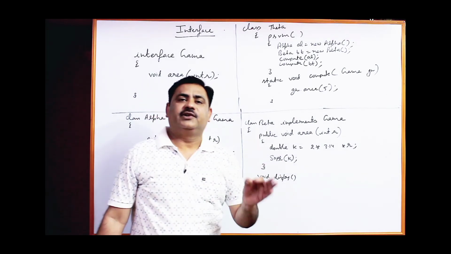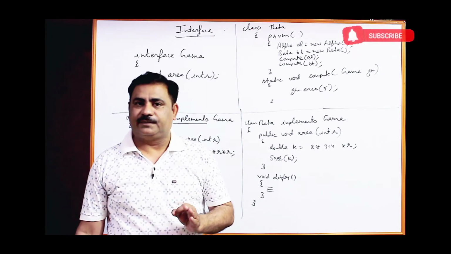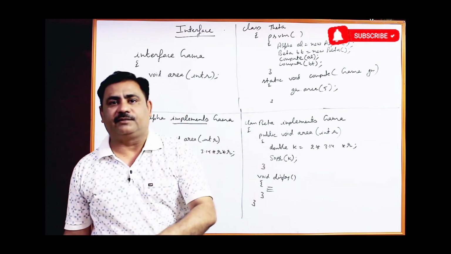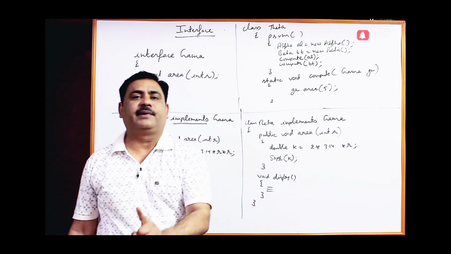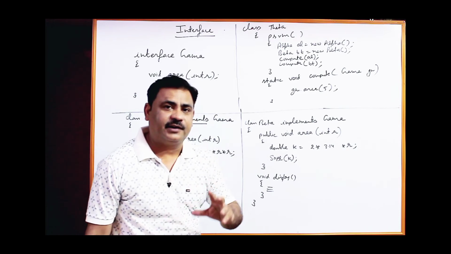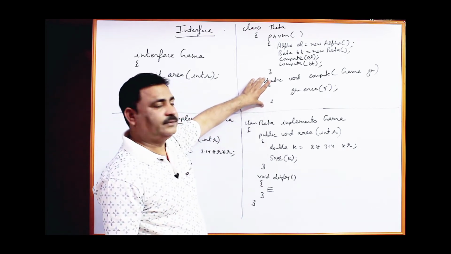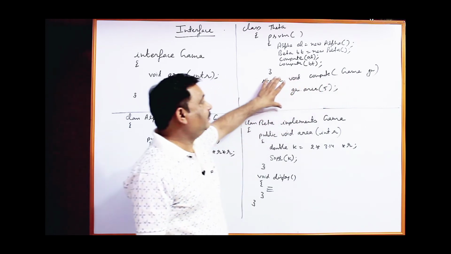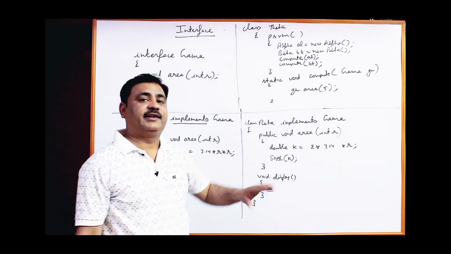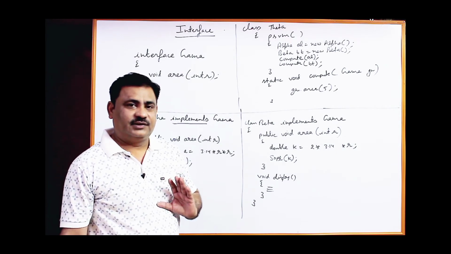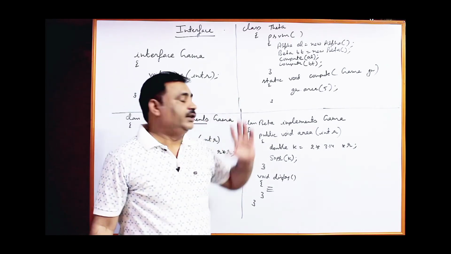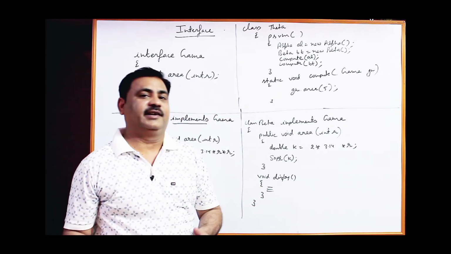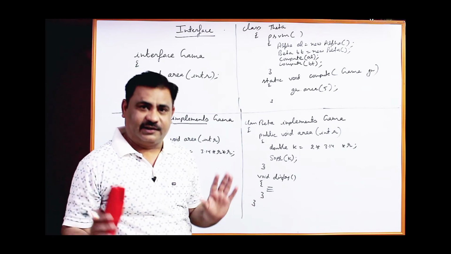Already you have studied function overloading and constructor overloading, in which we can make different functions with different parameters. The function name can be the same but with different parameters, that is function overloading. But here the function name is one, with the same parameters, one function name, but it is acting differently in different situations. This is the interface, used to implement multiple inheritance or hybrid inheritance or hierarchical inheritance.